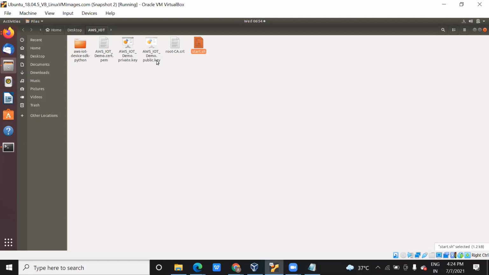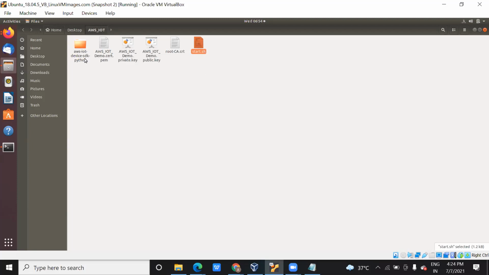The public key is something that is shared with everyone, and the private key is something that whoever downloads this folder on their system will only be able to run. So you can think of it like they are giving you a key, just like the key of your lock. When you have these two files on your system, then only will you be able to access the cloud, or you can run this file on your cloud.